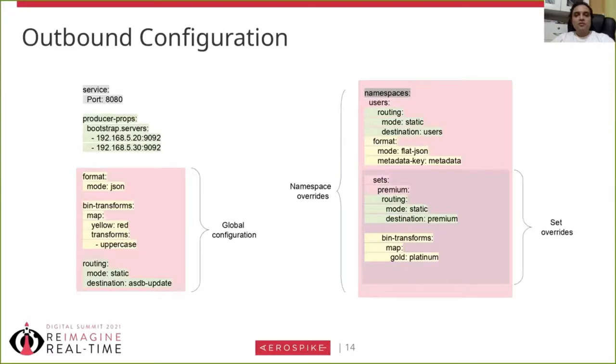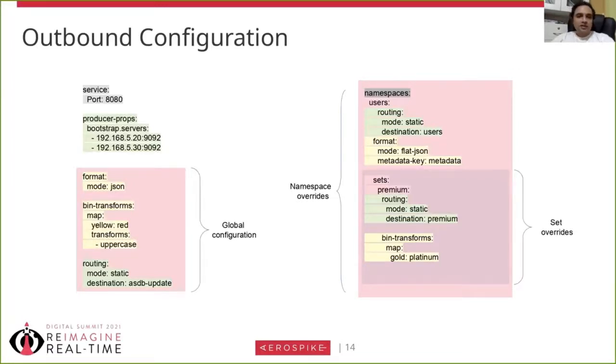So you can configure a message at the default or a global level. Configurations at the global level apply to all change notifications, irrespective of the namespace or set. In addition, you could override the global configuration at namespace or set level. A message which belongs to a particular namespace would use the configuration for that namespace, or rather the overridden configuration for that namespace, ditto for sets.